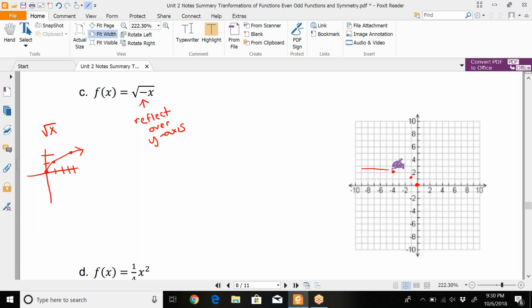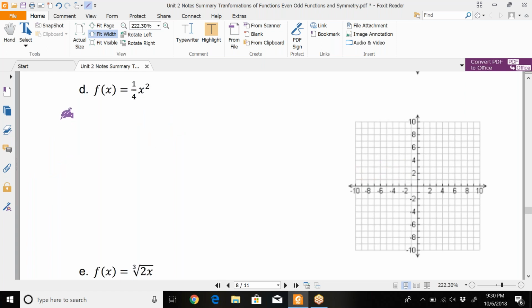Okay, this is 1/4 of x squared, so we need to know what x squared looks like. So x squared, if you square 0, it's 0. If you square 1, it's 1. If you square -1, it's also 1, but it's an x squared, which means it's a U shape. And again, I'm only looking for 3 points, so if you know your 3 points and you know your shape, then you're good. So this is 1/4 of x squared. Remember, if you have a number in front of the function, it's not inside the function because they didn't put it in parentheses. This means that this is a vertical compression